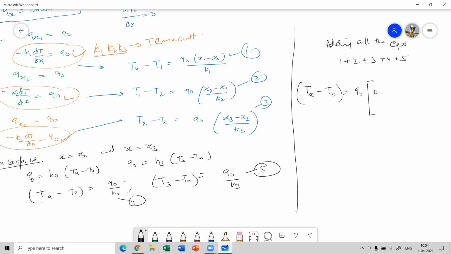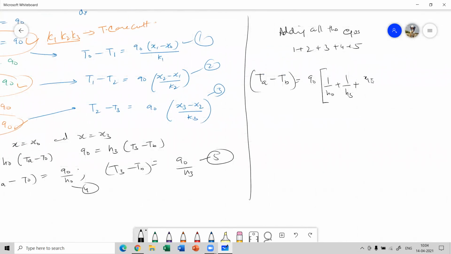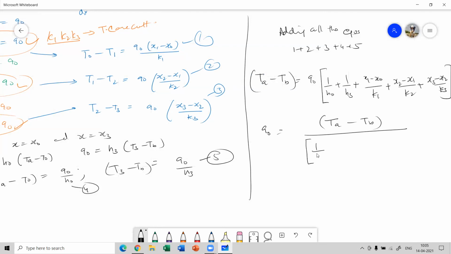So what we have is 1 by h naught plus 1 by h3 plus x1 minus x0 by k1 plus x2 minus x1 by k2 plus x3 minus x2 by k3. So we have this. So from here we have the Q naught as Ta minus Tb over 1 by h naught plus 1 by h3, that is the heat transfer coefficients present at the surfaces,